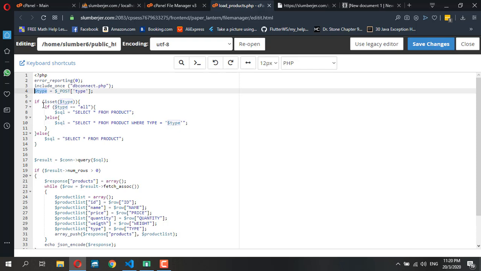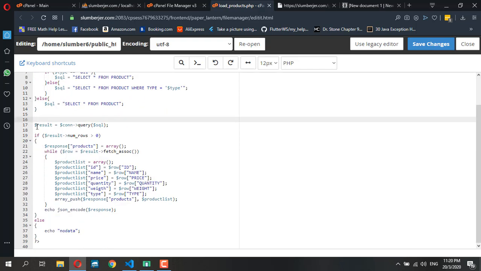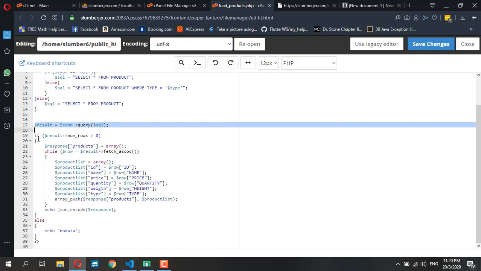So it is waiting for type. We didn't pass anything just yet. So if the type is set all, if it receives all, it means that we want to get all the data, so select all. But if you want to view by type, we can perform the following SQL, which is by type. Other than that, we just perform select all for now. So this performs the query